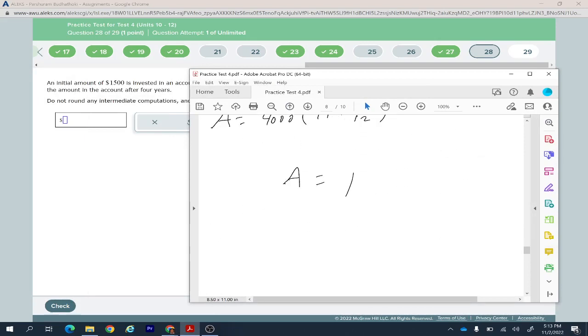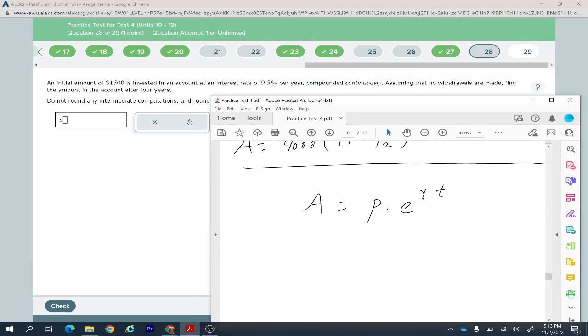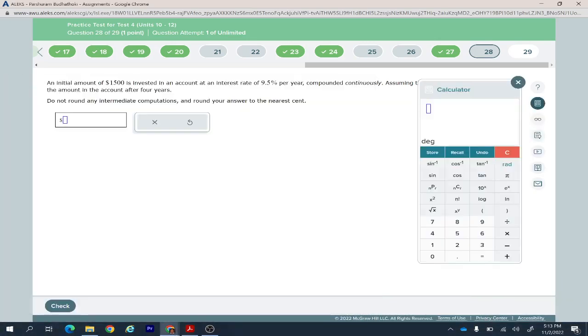A equals P times e to the power r times t. This is the compound continuous formula. In this problem, principal is given 1500, rate is given 0.095, and time is given 4 years. So you just have to use this here, and your answer would be